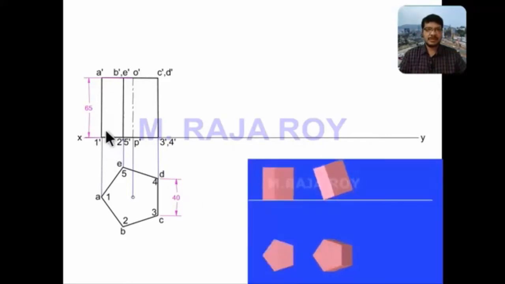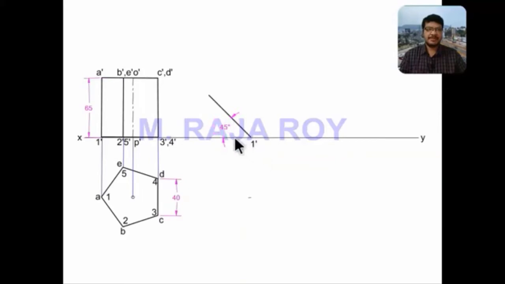In the second stage, we have to tilt this 1 dash and A dash to 45 degrees. So somewhere here randomly you mark 1 dash, draw a 45 degree line, take this length and mark A dash here. This 65 length you are marking here to get A dash. Then align your mini drafter to this and reconstruct this. Draw the perpendicular.